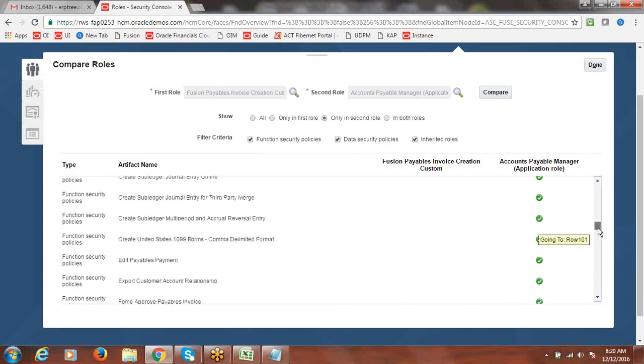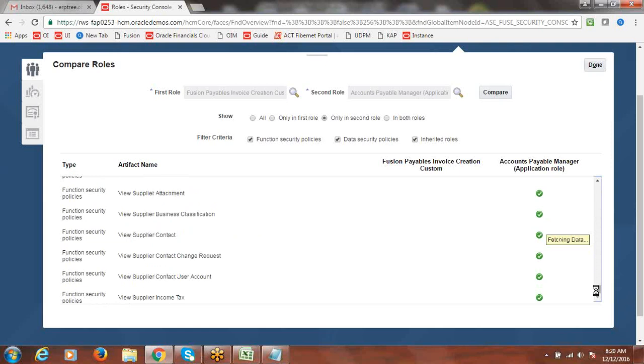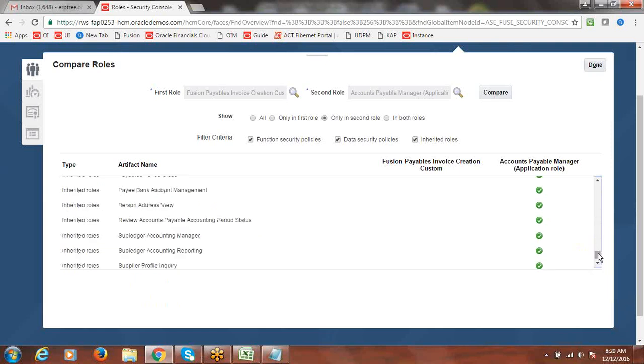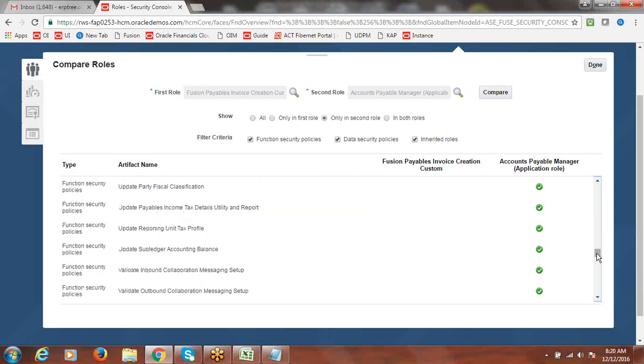You will be able to see all the functions this user has access to, because this information is very important when you are going to create a custom role. You have to see, based on requirement, whether this would be fine or not. So you can plan and you can create. For that reason you can analyze by using this compare function.